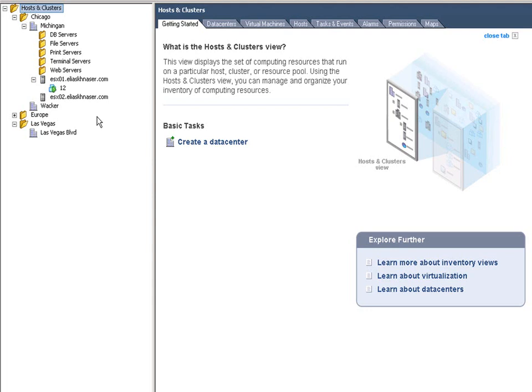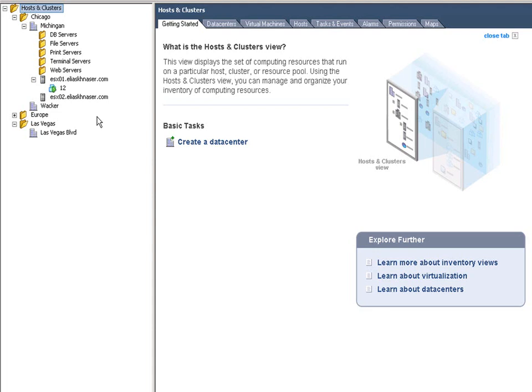Now, in the event that you're having an issue where you're unable to add your ESX host to Virtual Center, and you double check that you're using the correct IP address, or your IP address is resolving properly to the fully qualified domain name that you're trying to add, you're using the correct root username and password for this ESX host, and it's still not working, then there might be something wrong with the agent on the ESX host. Either the agent is not running, or the agent wasn't properly installed. One or the other. You can do your research, but one of the first things that you want to do